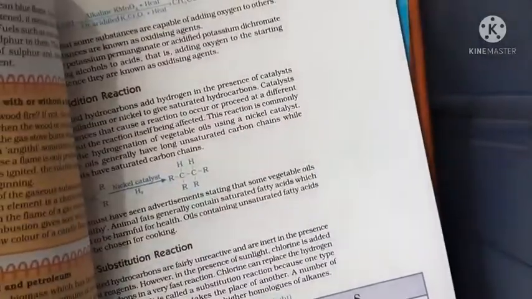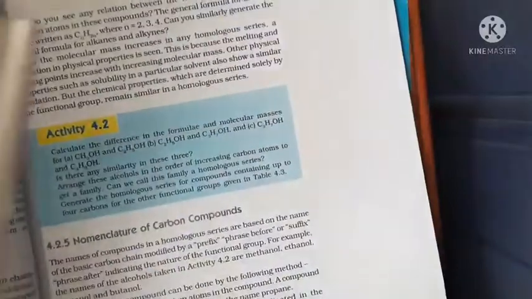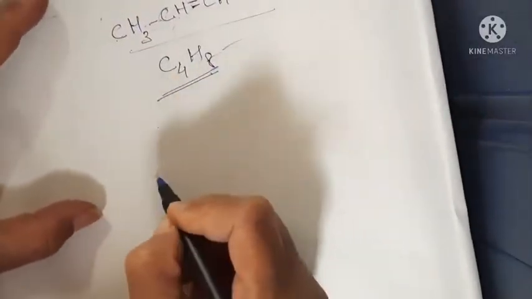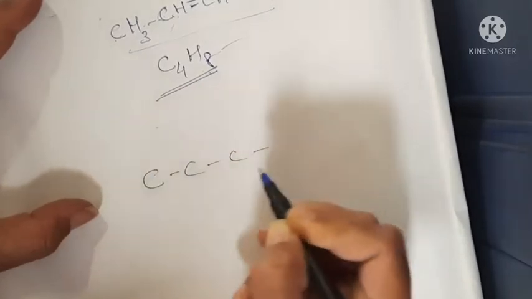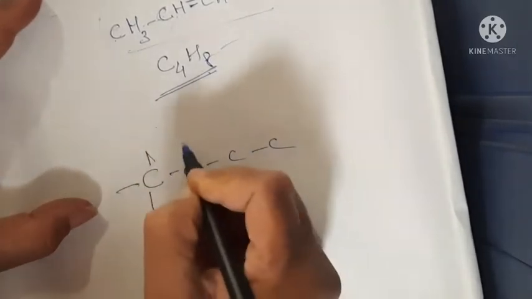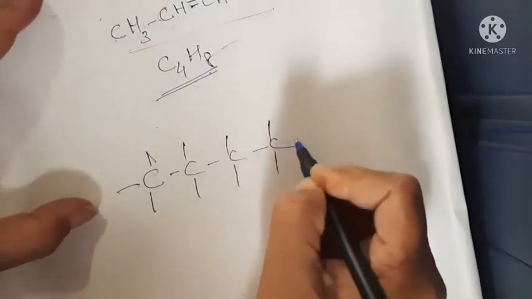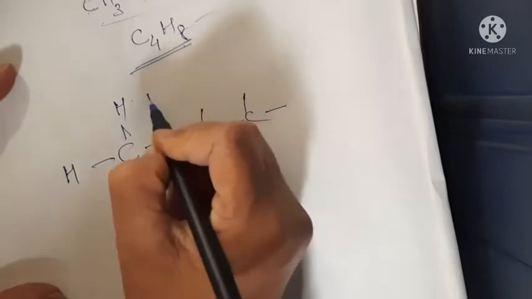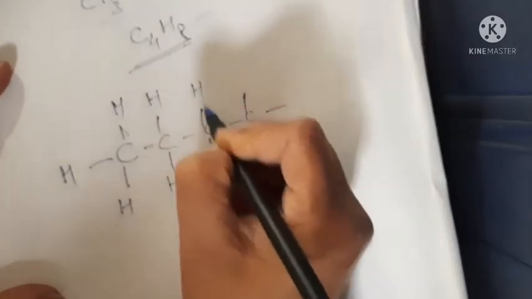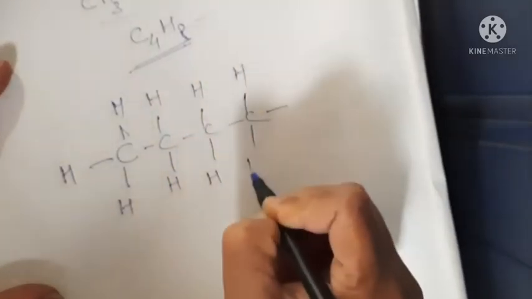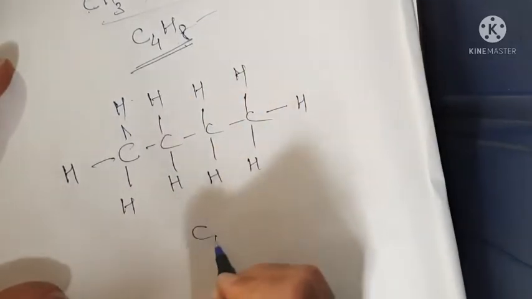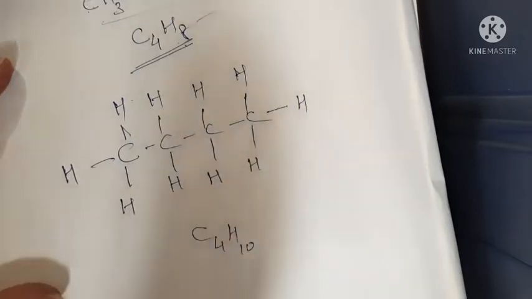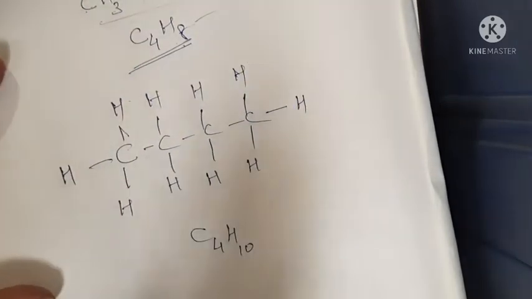Now students, one thing that is not there, nomenclature of carbon compounds is not there, but I would like to tell you one thing. Suppose this is butane, okay, I will draw the structural formula. This is butane, let me say. Here this is hydrogen, this is hydrogen, hydrogen, hydrogen, hydrogen, all this is hydrogen. Now you know the formula is C4H10. How many hydrogen are there? 4, 4, 8, 9, 10. If you see the general formula also, you will get the same thing.